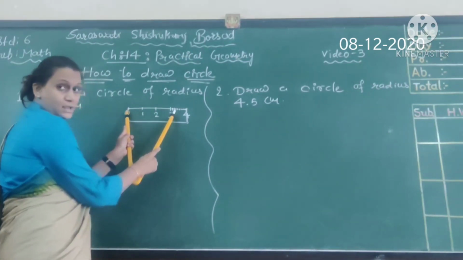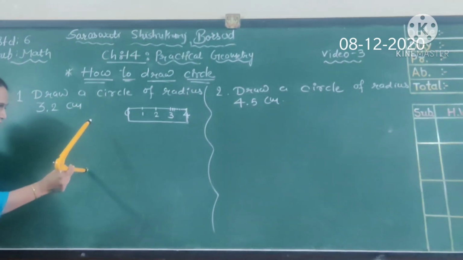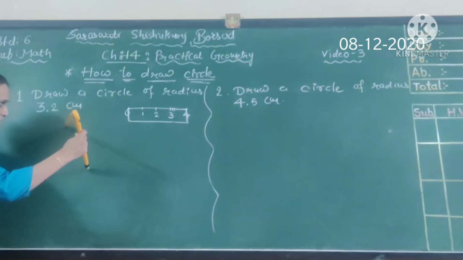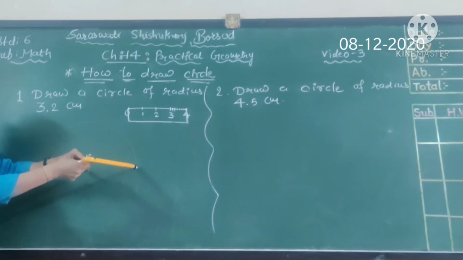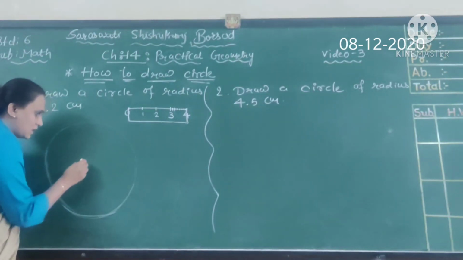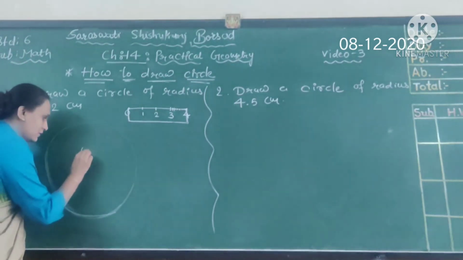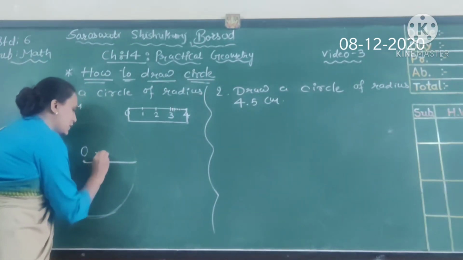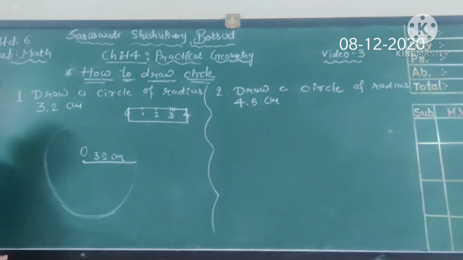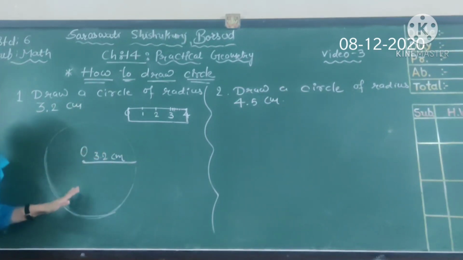Okay? Now, we have to draw a circle like this. Fix the middle and then, this way, we are going to construct a circle. Okay? So this is your 3.2. We have fixed our middle here, so let us give the point the name O. So this is the measurement of 3.2 centimeter. Okay, so this way we are using ruler and compass to draw a circle.